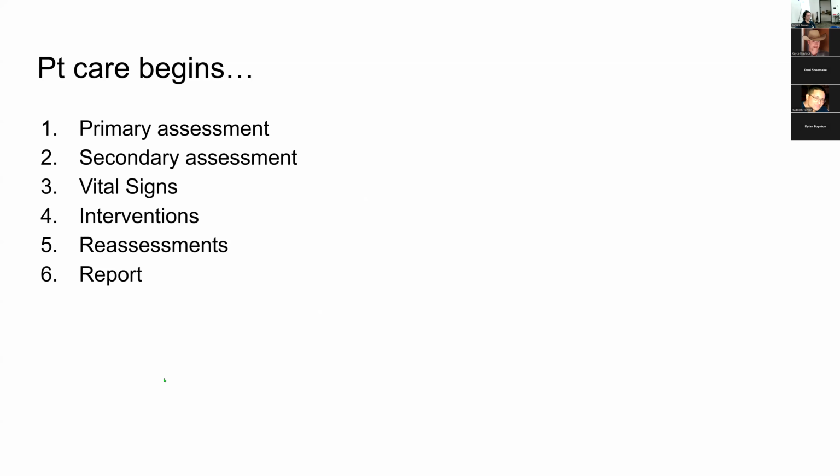What are we going to look at next? Yep. So it was basically your full head to toe assessment. We talked about doing a rapid trauma assessment. So you start at the head, you work your way down, looking for anything you might have missed on that primary